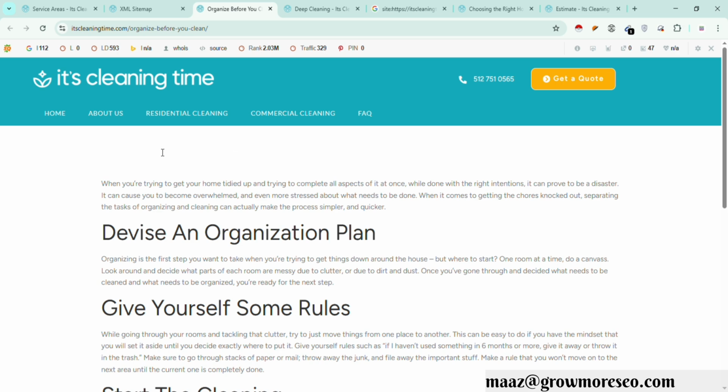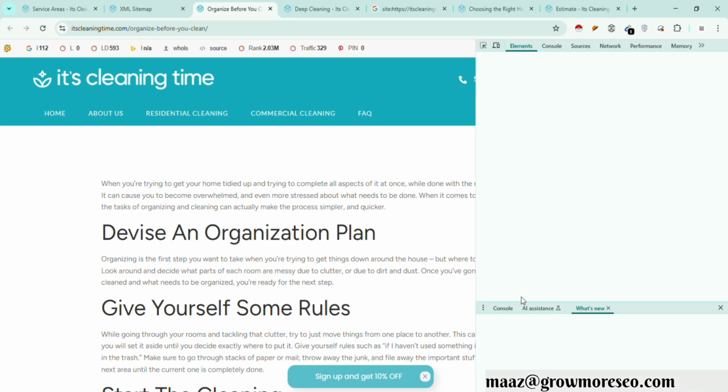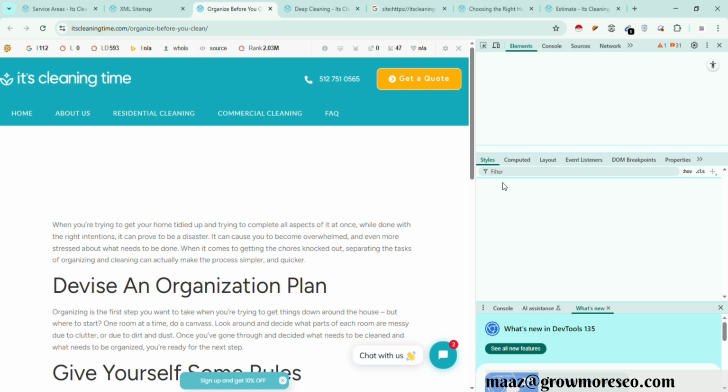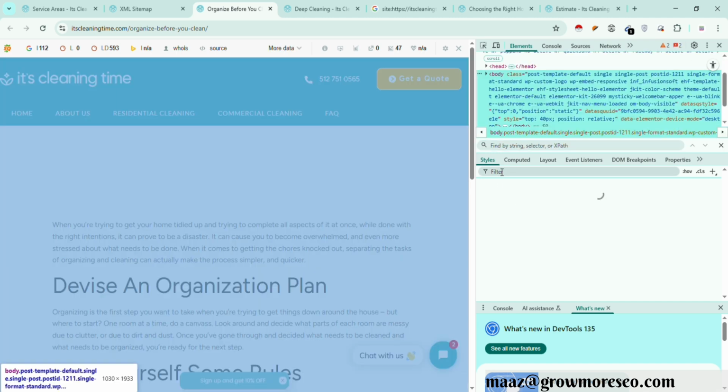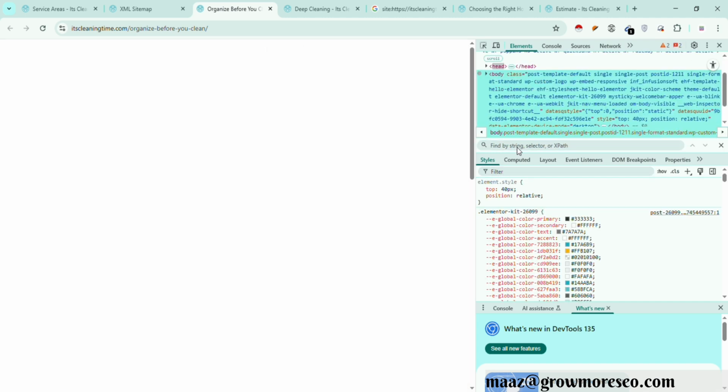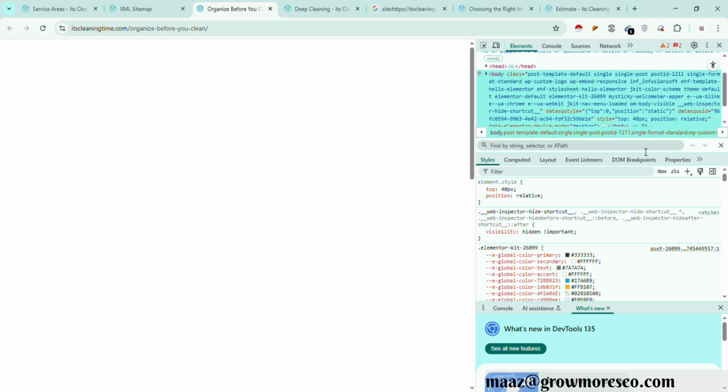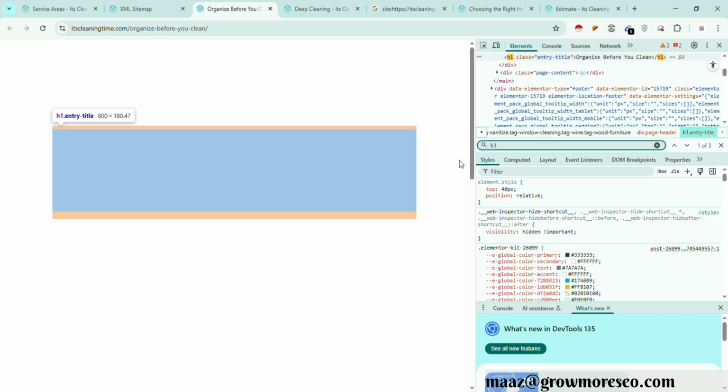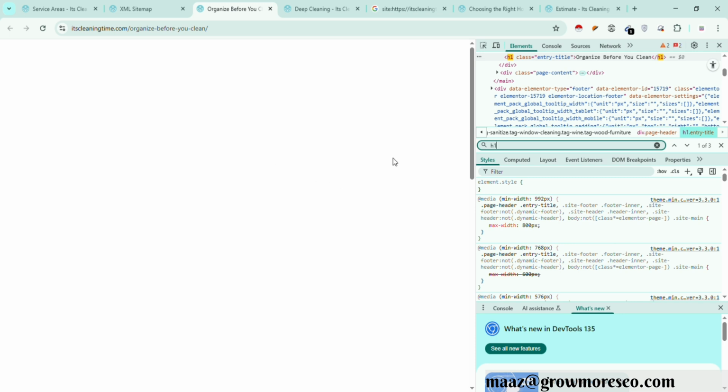And if we look at the H1 heading that is hidden here, if we go to inspect and find the H1 heading here, it is causing some trouble.